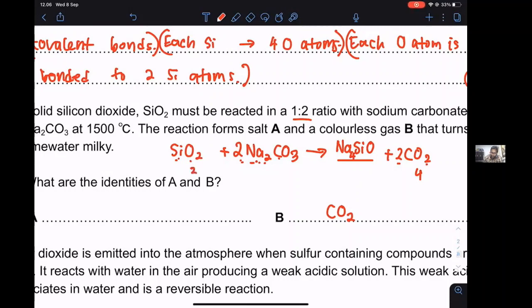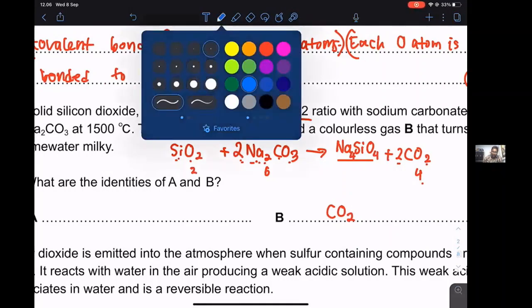And then I have 3 times 2, 6 oxygen. So I need 2 plus 6 is 8. If I have 8, here I have 4, so I need another 4 over here. So that is why the answer over here will be